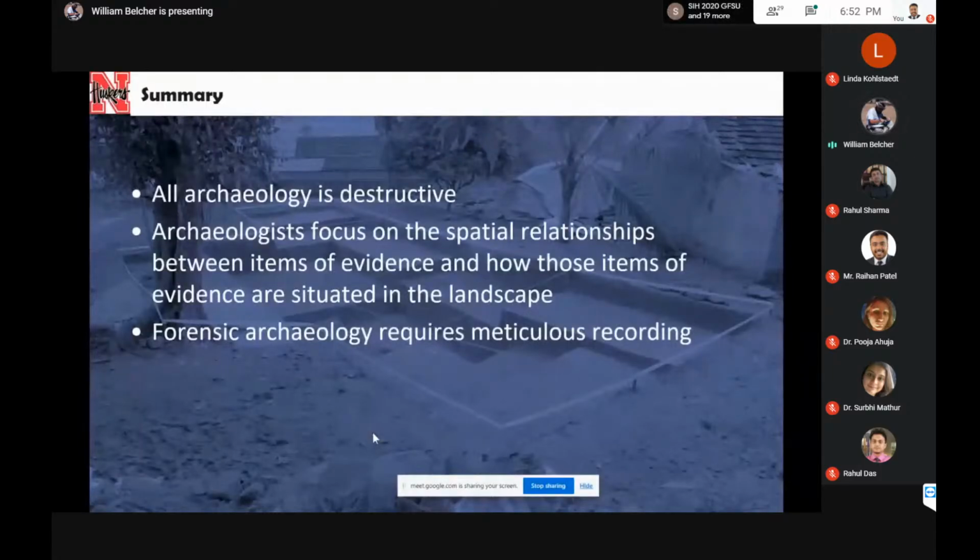And then forensic archaeology requires meticulous recording in a variety of media. So digital, analog, photography, all kinds of different forms of recording. And the more that you can record, the better. But at the same time, we do always understand that we might be under a time constraint to get into a scene, record, recover the evidence, and get out of the situation,